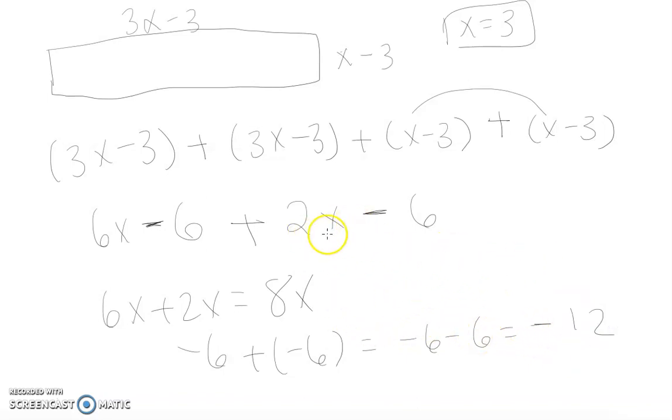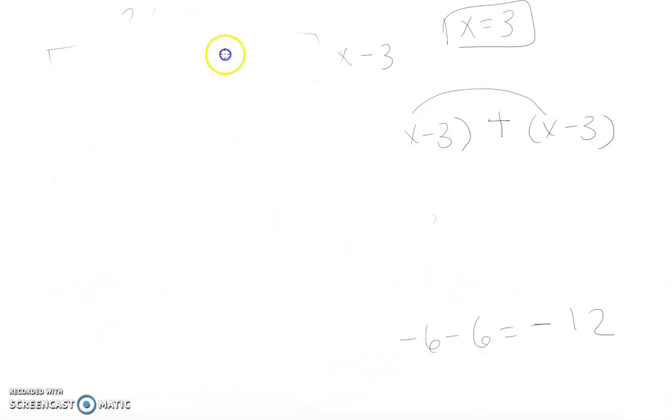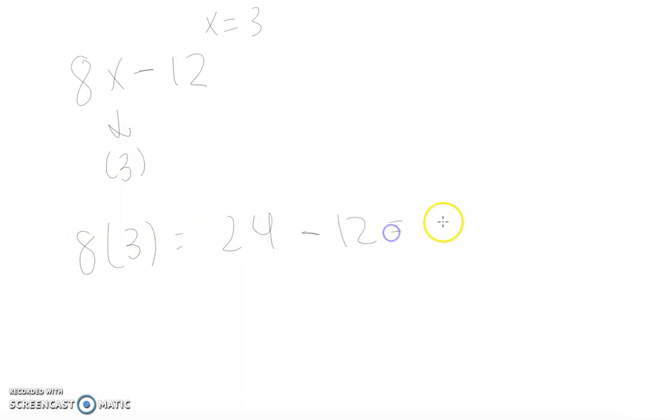So the perimeter of the first rectangle is 8x minus 12. So now, as I said previously, x is equal to 3, so we're just going to substitute in 3 right there to get 8 times 3, which is 24, minus 12, which is 12. So that's how much feet she had for